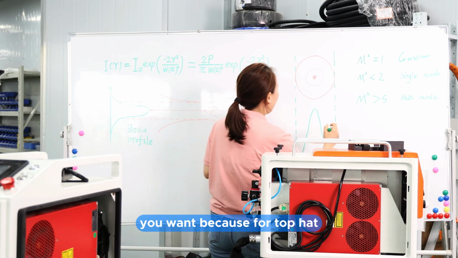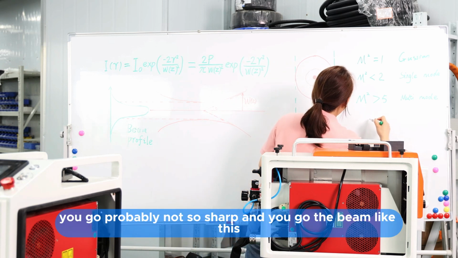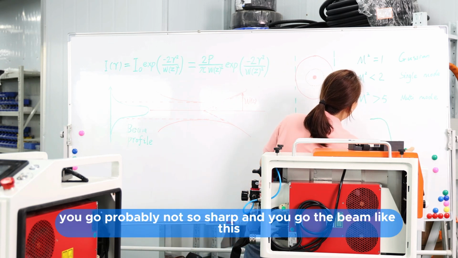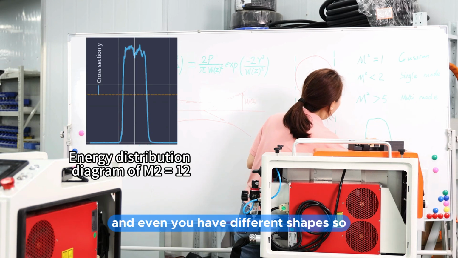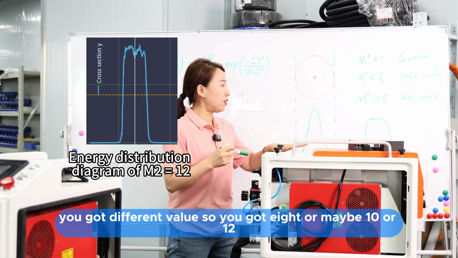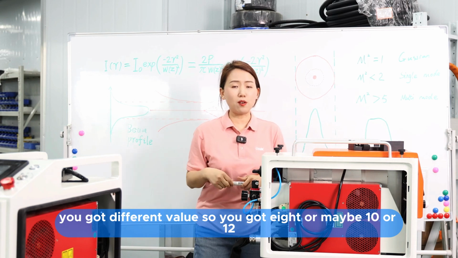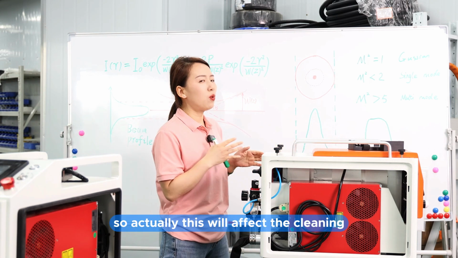Because for a top hat, the beam is probably not so sharp, and it goes like this. You can even have different shapes, so you get different values, maybe 8 or 10 or 12. This will affect